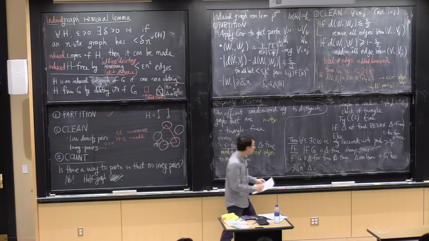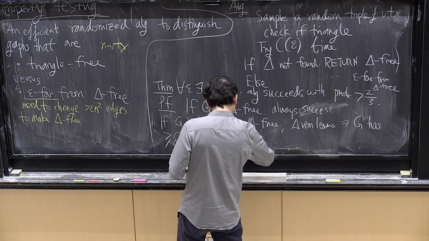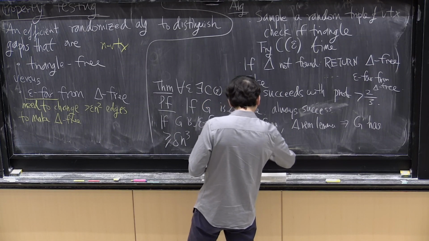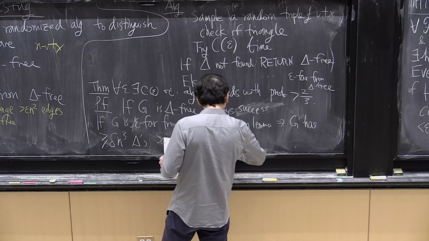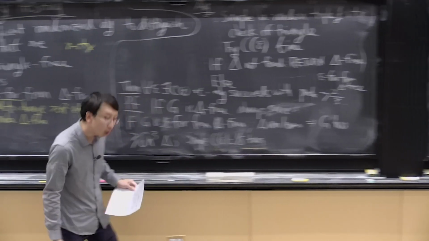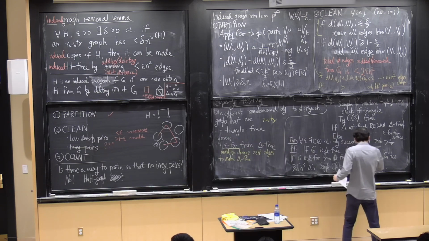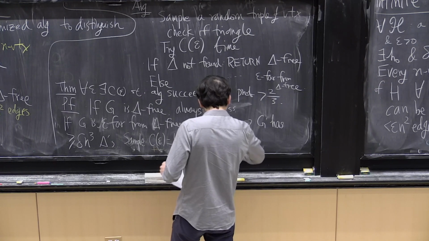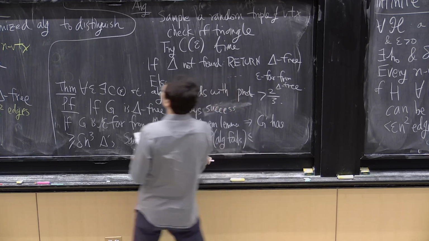So if we sample with C being, let's say, 1 over delta, where delta is a function of epsilon from the triangle removal lemma, we find that the probability that the algorithm fails is at most